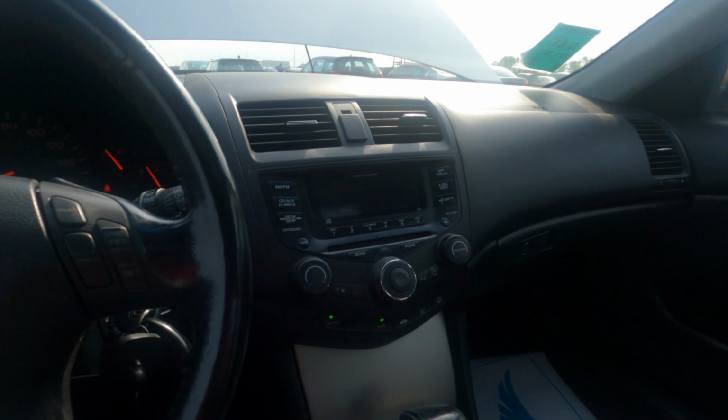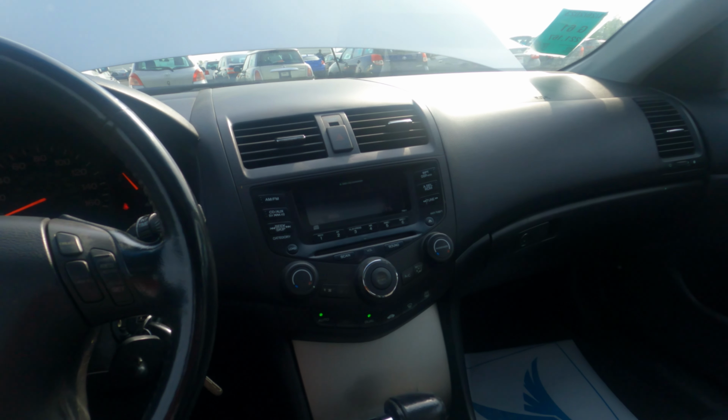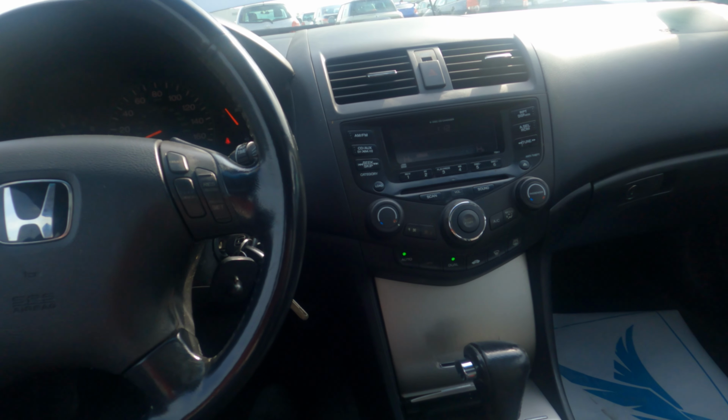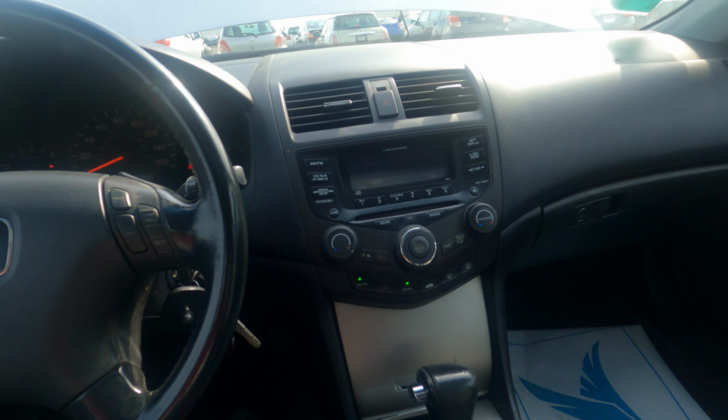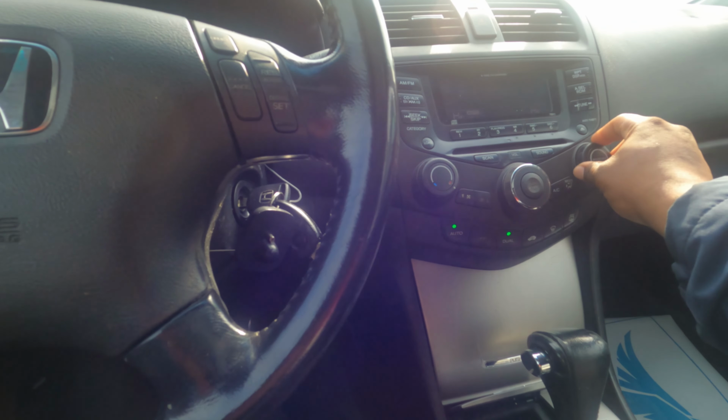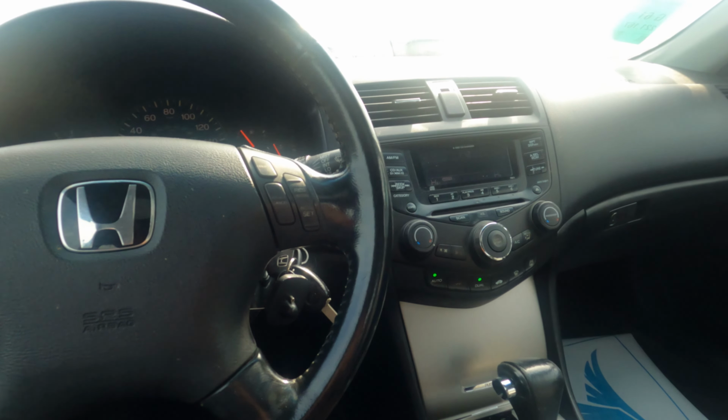Sunroof works, all the windows work. Now I'm just waiting to see if the car heats up and it has heat, and if it doesn't, it's probably just low on antifreeze. I doubt the blower motor or anything like that is blown in this car. I definitely have the heat on both, I believe. So yeah,